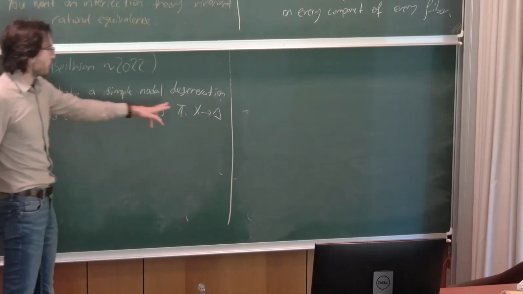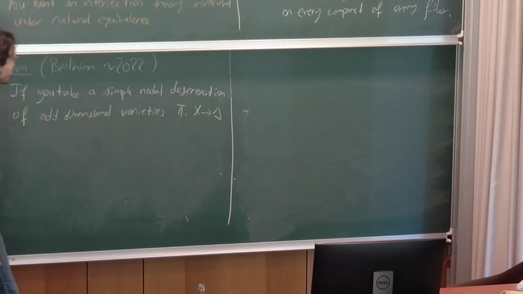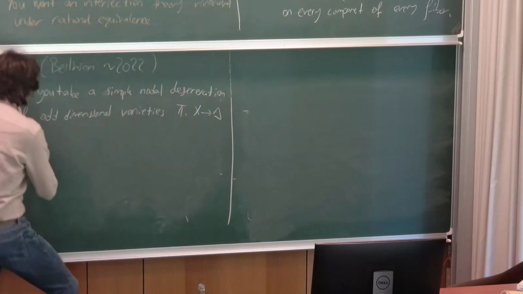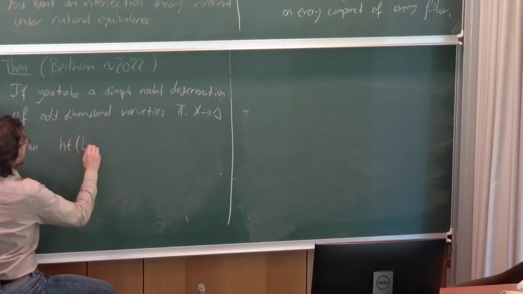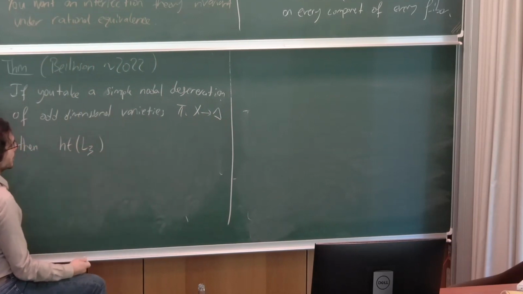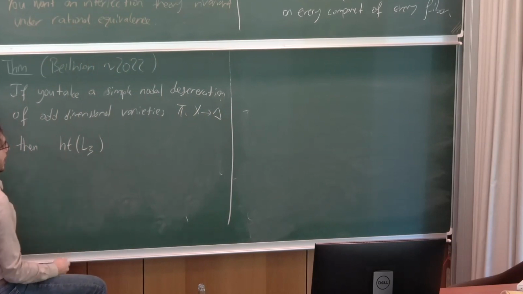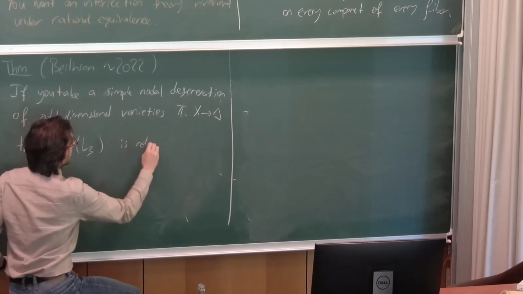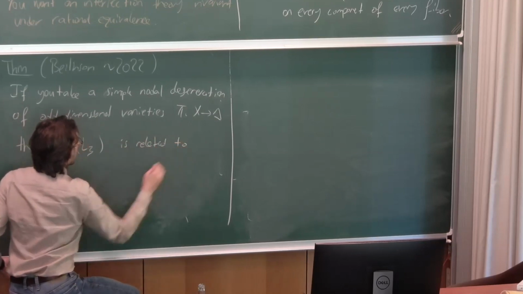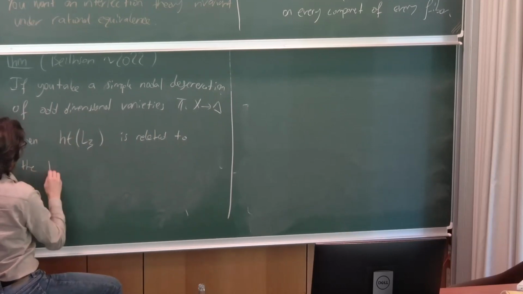Three folds would be the next case, a family of three folds. Then, again, the limit mixed Hodge structure is a bi-extension. And you can define the height, again, by choosing a tangent direction or a cotangent. Then this height is related to the Bloch-Petersen height